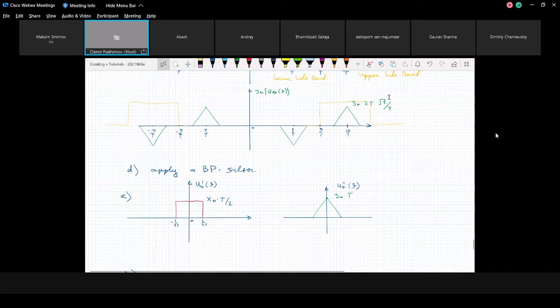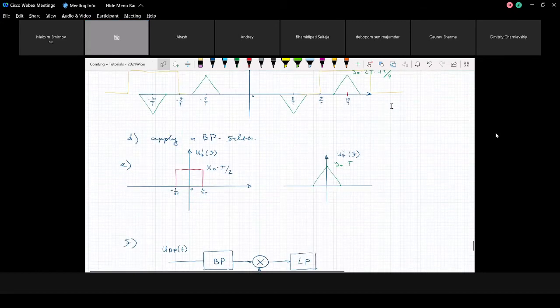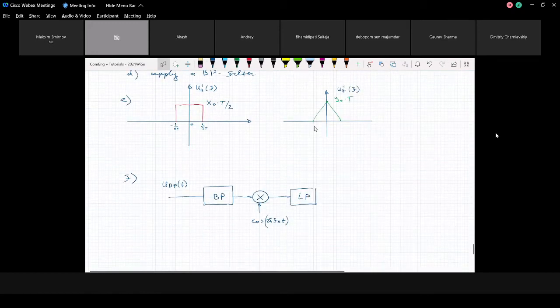And then it will be your y0 times t. No, here it's low-pass filtering, because its transformation will be on the next step. On the next step, we